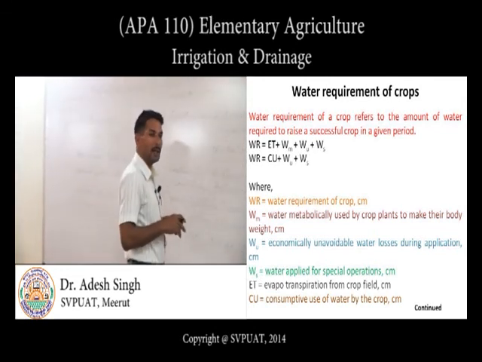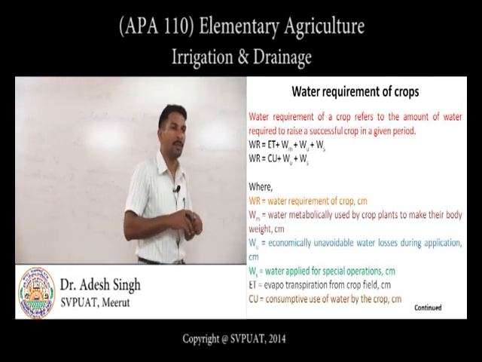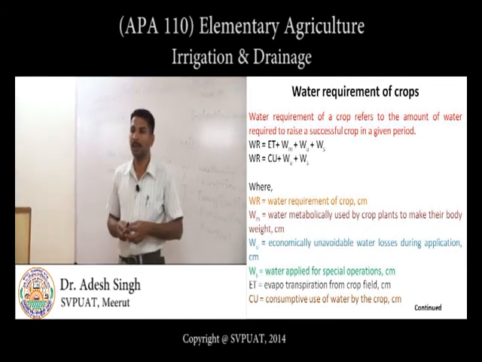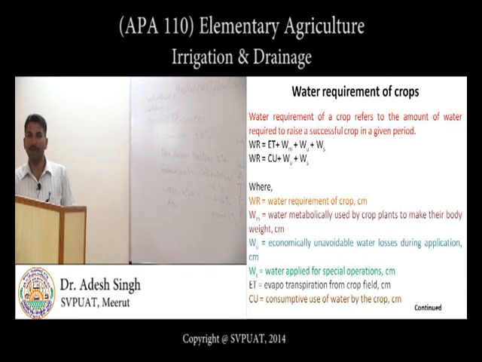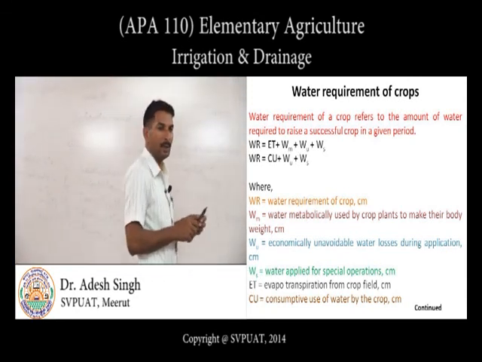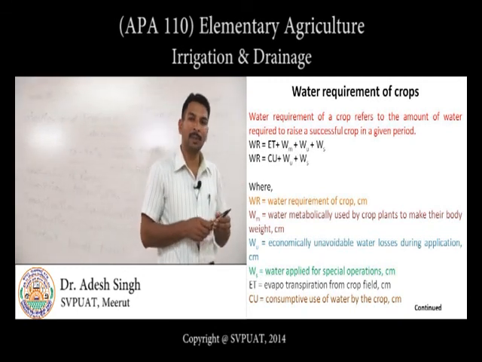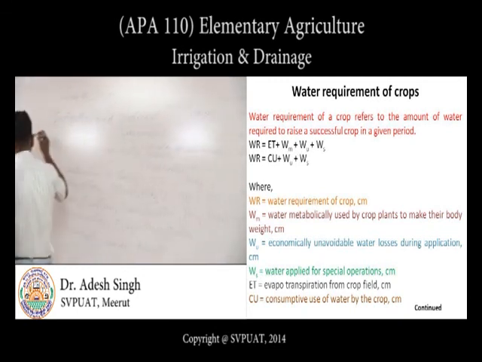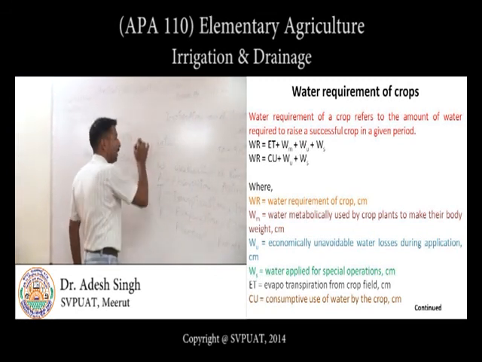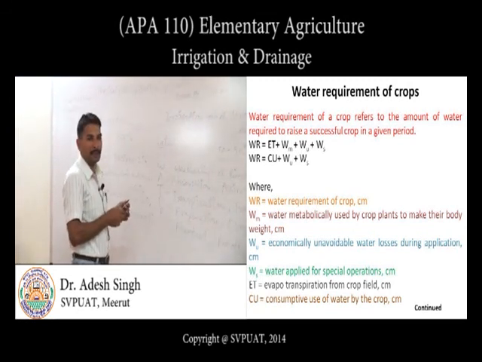Then comes the water requirement of the crop plants. The water requirement of the crop refers to the amount of water required to raise a successful crop in a given period, worked out as, or it can be represented as,